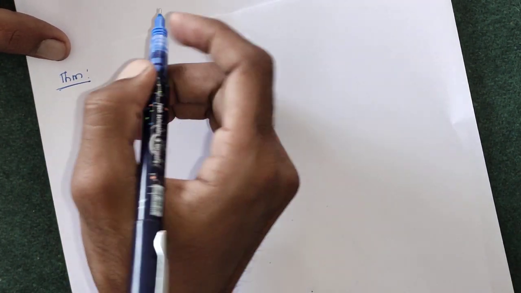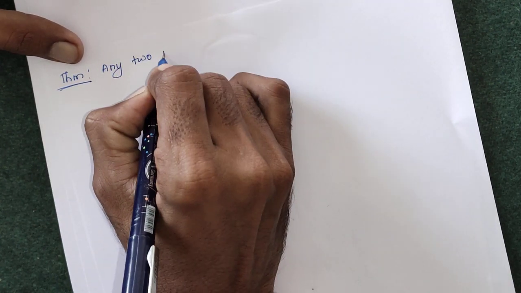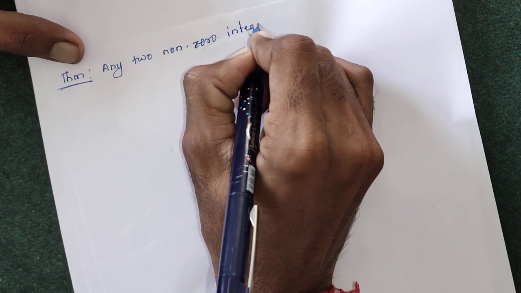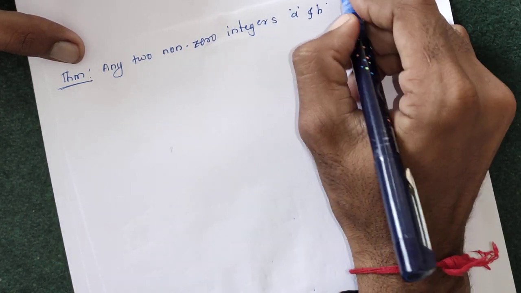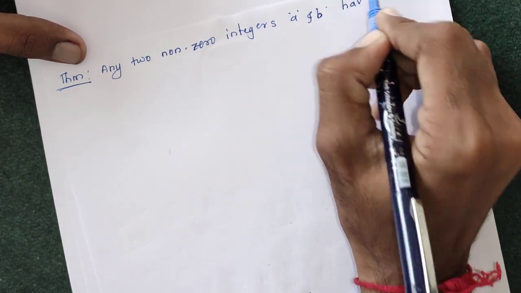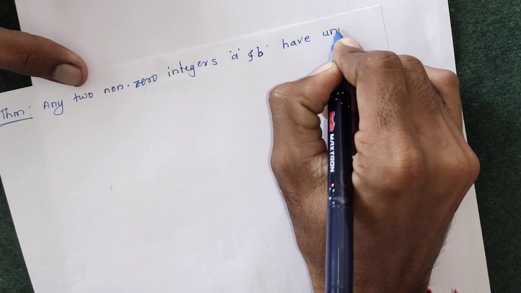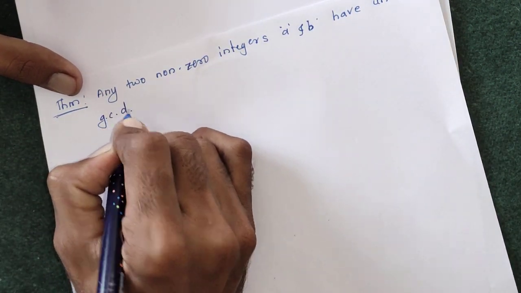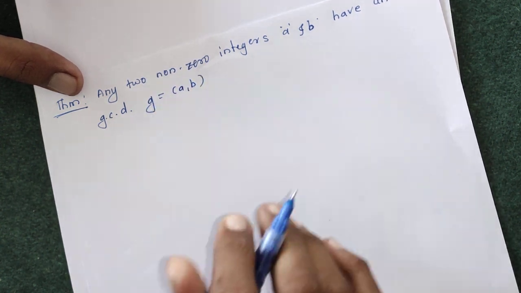For any two non-zero integers a and b, they have a unique GCD. The GCD of any two non-zero integers is unique; they have a unique greatest common divisor. Suppose g is the GCD of a and b, and this GCD g is unique and